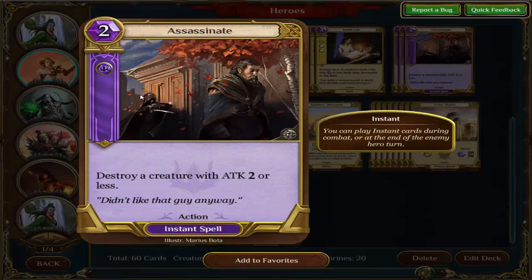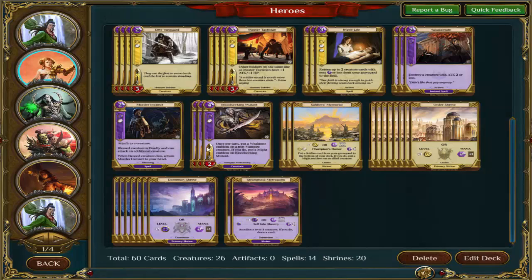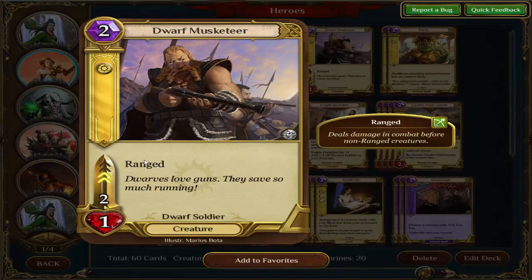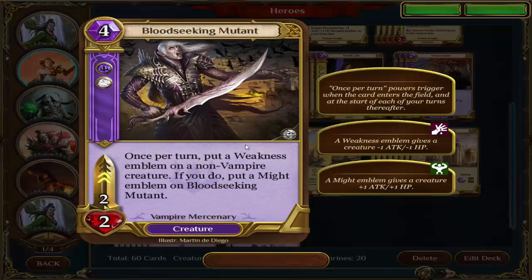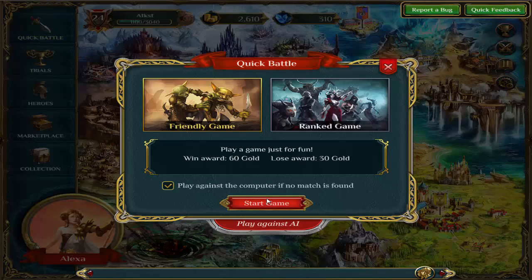So what are you splashing purple for? It splashes Dominion for Assassinate, destroy a creature with attack 2 or less. Murder Instinct for lols mostly. Gives a creature deadly, and it can attack 2 creatures, which is awesome in a token deck. Especially this has ranged, so he can hit 2 things with first strike deadly. And Blood-Seeking Mutant is probably the best creature in the game. So he always puts a weakness counter each turn on a non-vampire creature. So if your opponent doesn't have creatures, you do have to hit your own things, but it's fine. Yeah, it's worth it. It doesn't seem bad. I mean, it's not like you're lacking creatures or anything, so...